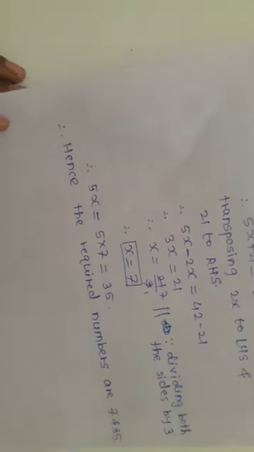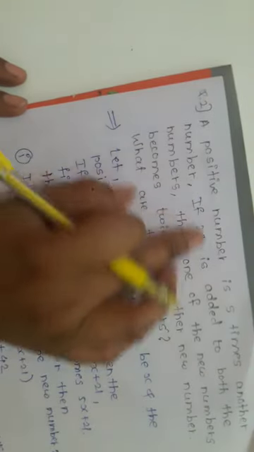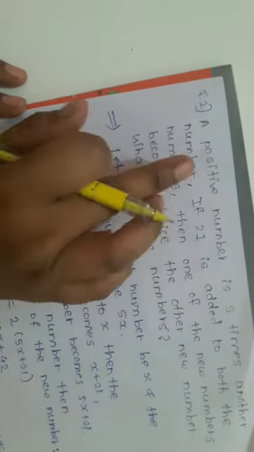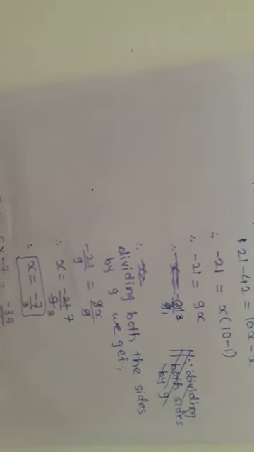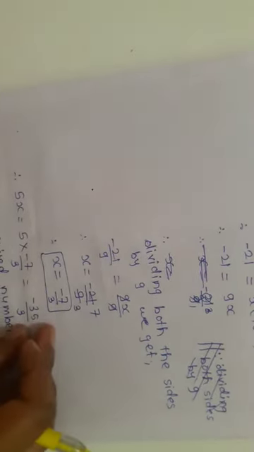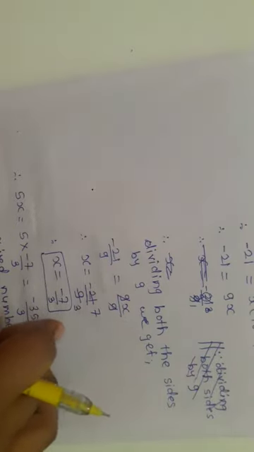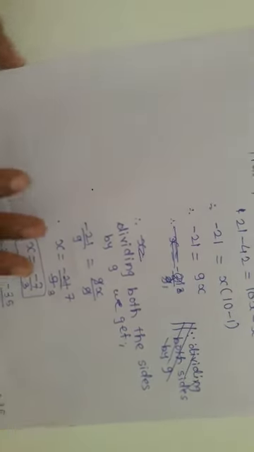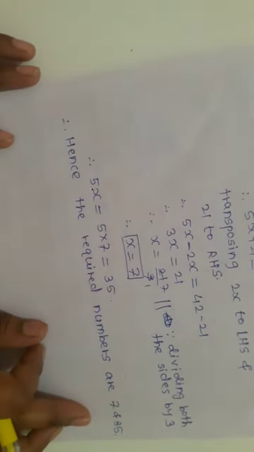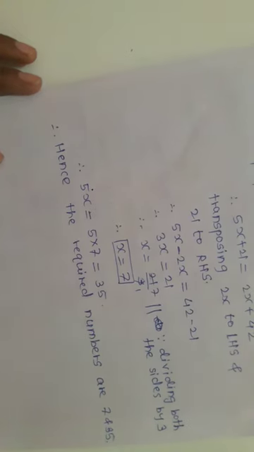Again, see the example: a positive number is 5 times another number. Only positive numbers are given to us. But in case number first, x is equal to minus 7 upon 3 and 5x is equal to minus 35 upon 3. These two numbers are not possible because they are negative numbers. In the example we were given only positive numbers, so these two numbers are not possible in this case. So the actual required numbers are 7 and 35. Okay, so this example is completed.